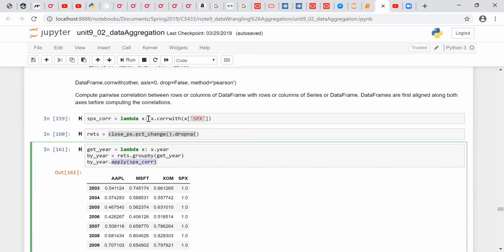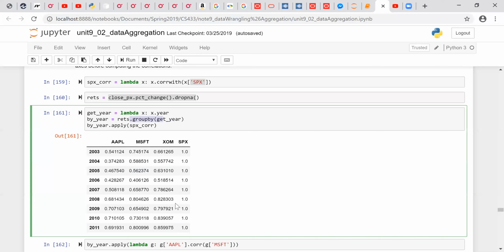You're going to apply the correlation you just defined using the lambda to the group by result. Then you see it's so neat, this result gives you each year, and because it's correlation, SP is all 1. Because you want to find the relationship between Microsoft and the SPX 500 in 2003. So it gives you a very nice report